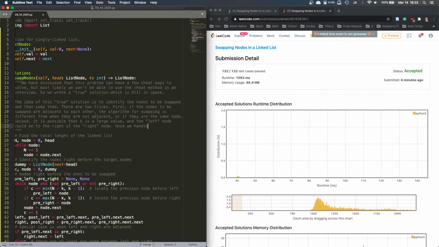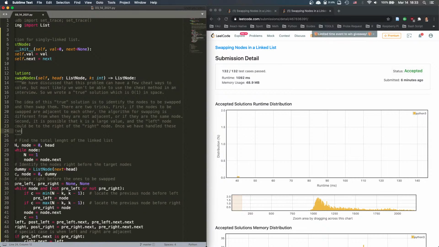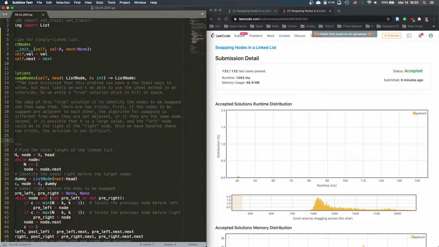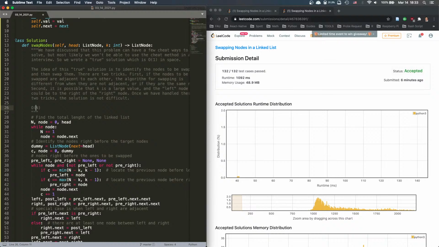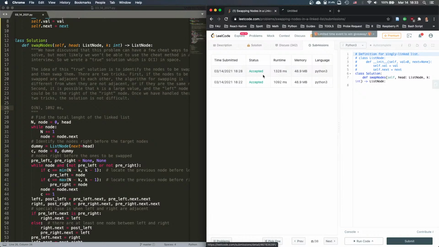Once we have handled these two tricks, the solution is quite trivial. I should say trivial. The solution is not difficult. All right, so this one we run an O(N). Technically speaking, we should put an O(2N), right? This is exactly what we have. So we run the whole length twice, and then, yeah, it's O(N). I just put O(N), and we run 1092 milliseconds, and this one gives us, oh, I forgot, what does it give us? It gave us